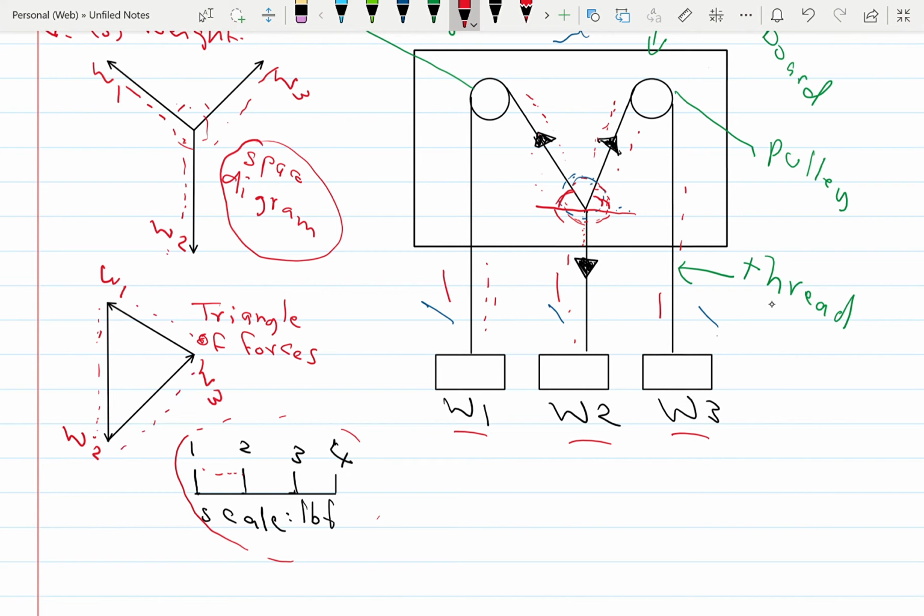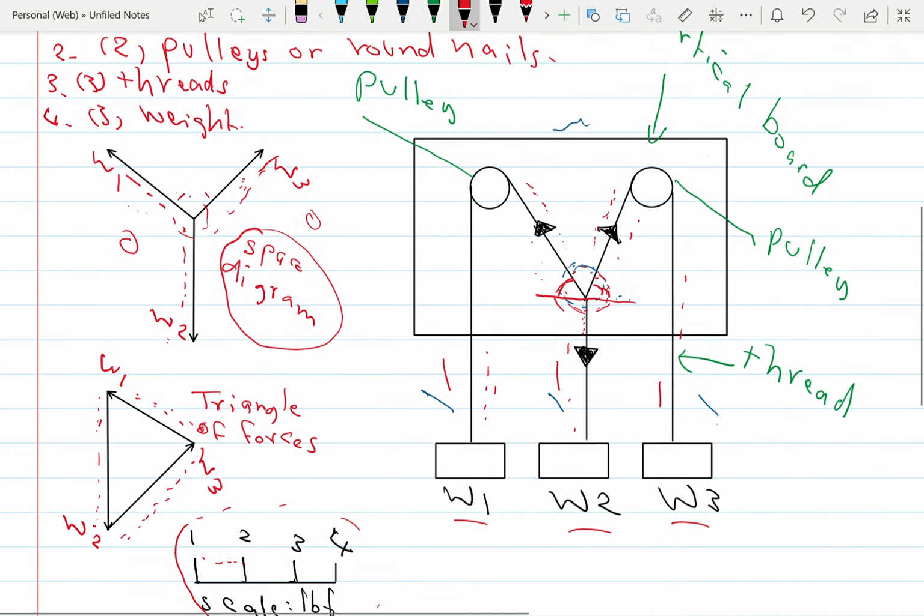So we convert it to length, so we draw it, but we have to keep the direction. So the direction, this is W1 down. We took this one in the same direction to put it here. Weight number 3, weight number 1 in the same direction, we put it there. That means we build the triangle on this side of the space diagram. If we build it on this side, we have another option to build another triangle of forces. This is not the only option, but this is the way that you could prove